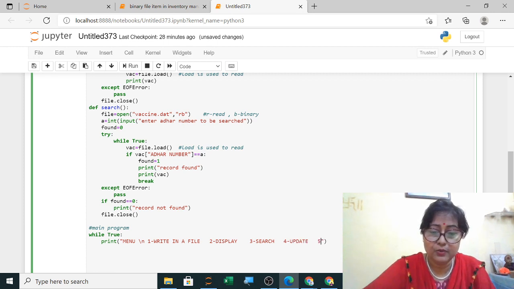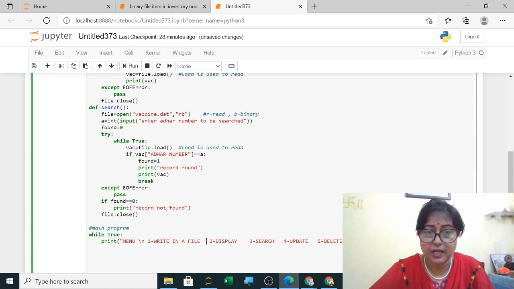The fifth is to delete if any record is to be deleted, and the sixth is to exit. After every menu item I am writing slash n because I want to display the menu on a new line.